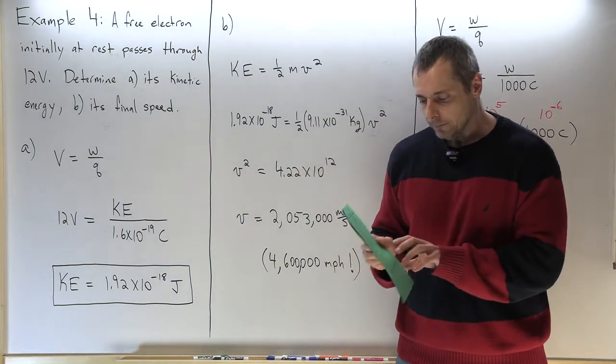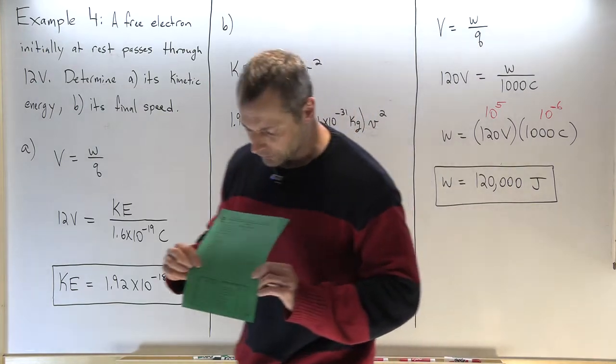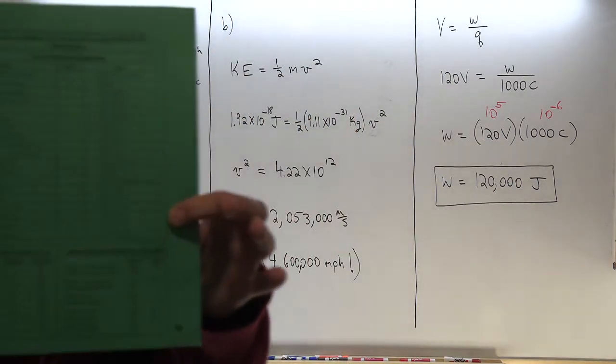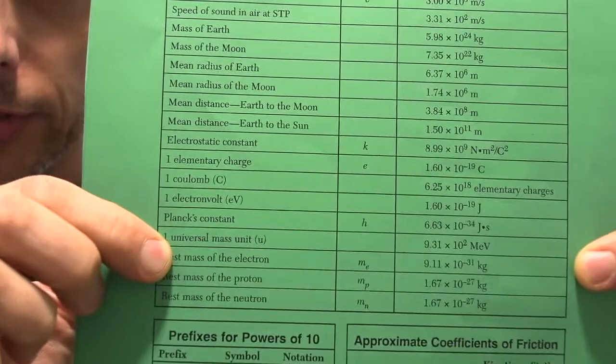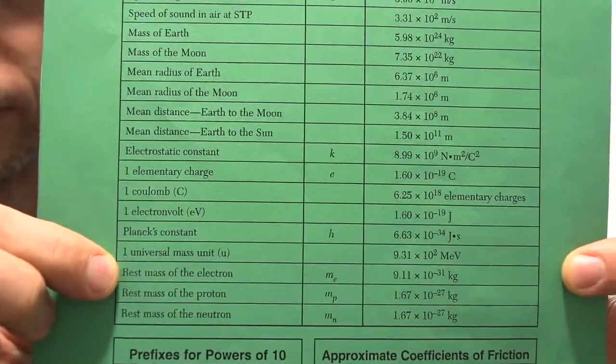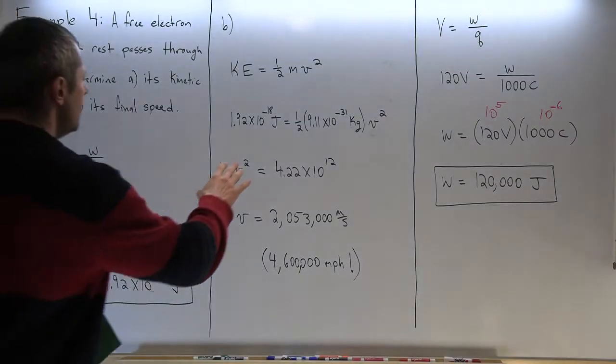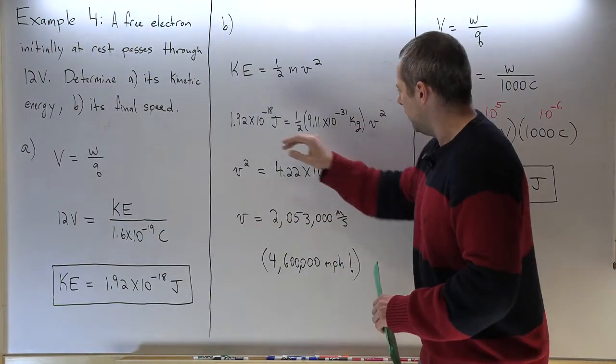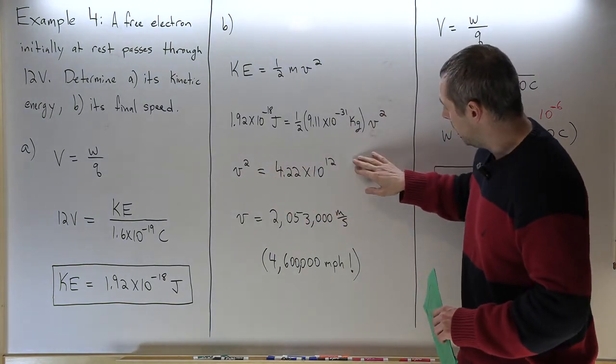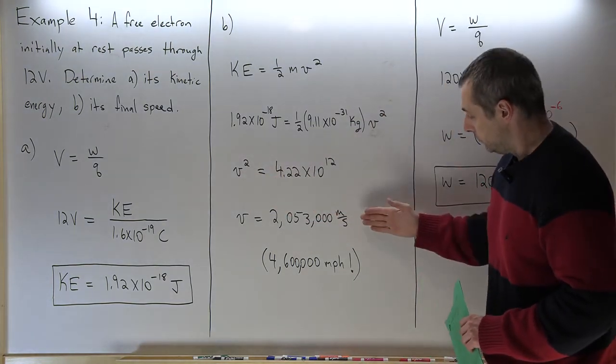I've mentioned this before. The mass of an electron is also on the front cover of the reference table right here. So as you could see, the rest mass of an electron is 9.11 times 10 to the minus 31 kilograms. Take that, plug it in, then multiply by 2, divide by that 9, and you get V squared is this. Take the square root of both sides and you get